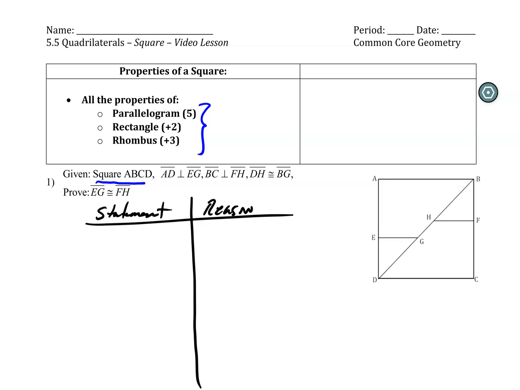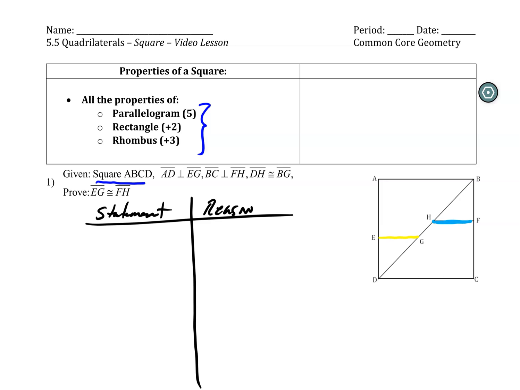Again, if you don't want to start with the square because you feel like it's too much information and you don't know where to go with it, there's nothing wrong with starting with one of the other givens. But no matter what you do, I strongly recommend that you highlight what you're asked to find. And in this case, EG and FH are what I'm asked to show